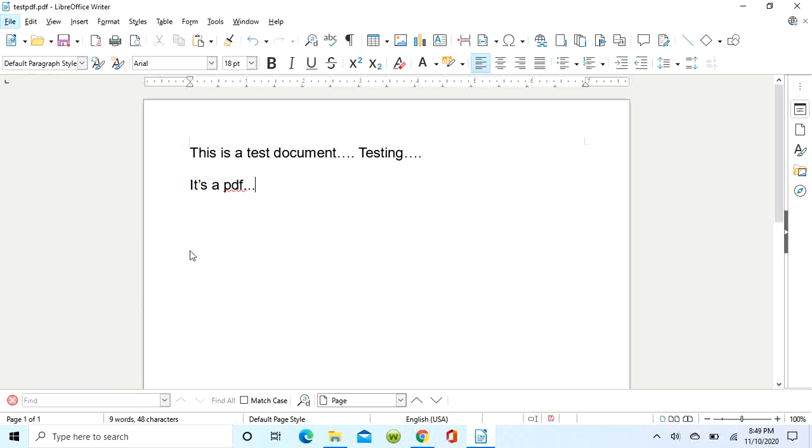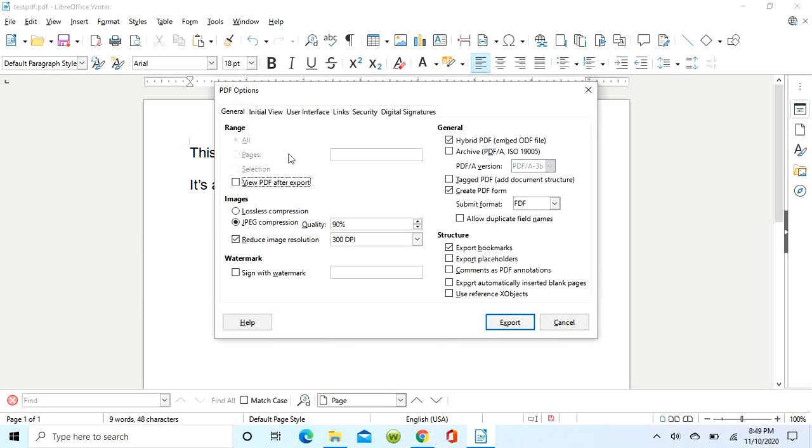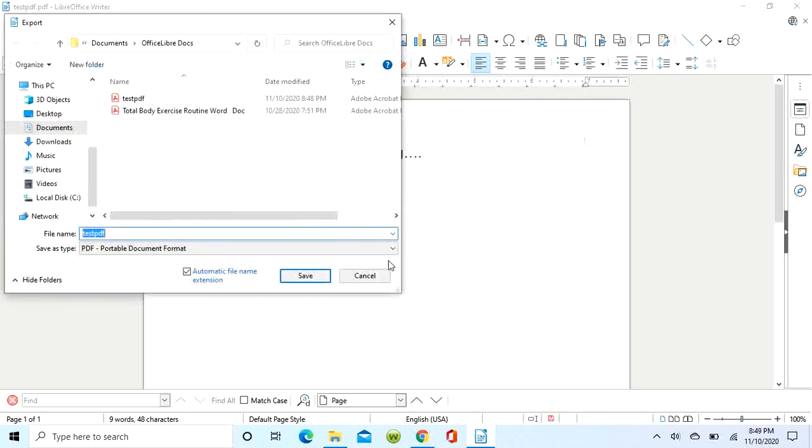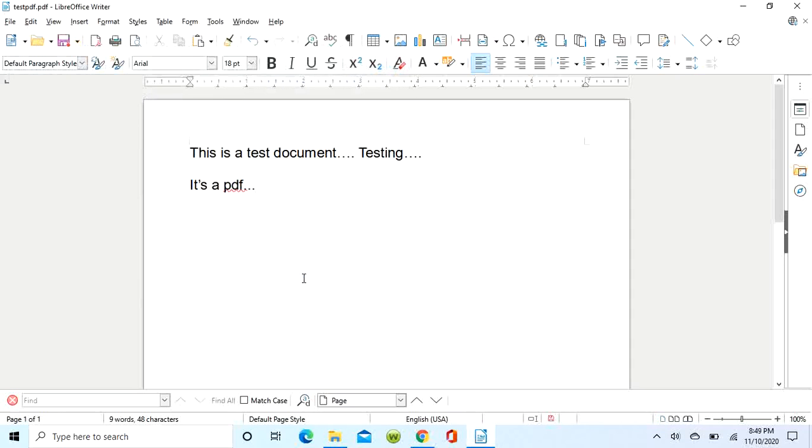Actually, we're exporting it like we did before, making sure that box is checked. We're going to give it a different name. We'll put 222 on the back of it. Okay, now